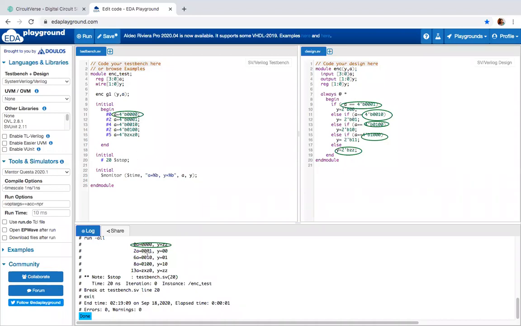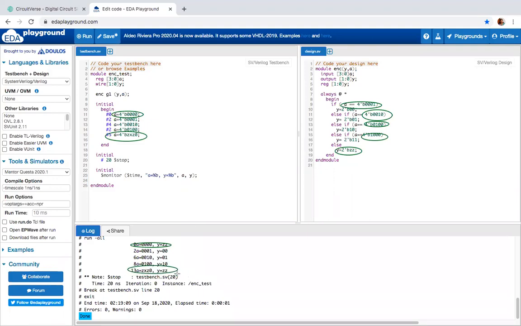Now when A is equal to 0 0 0 1, what should be the output according to our design? Output should be 0 0, Y is 0 0. Similarly, for the last test case, if you see, 4 tick B ZX, Z0, I've given high impedance and all those things. In that case, again, it is not there in our design. It is any other value than what is specified. Output should be ZZ. So again, in the last case, output is ZZ.